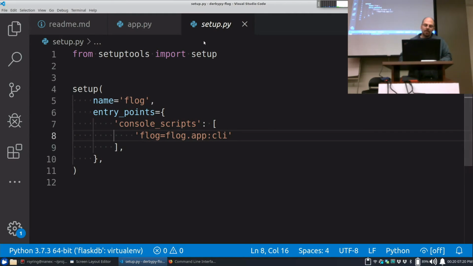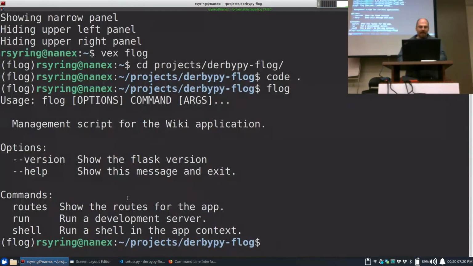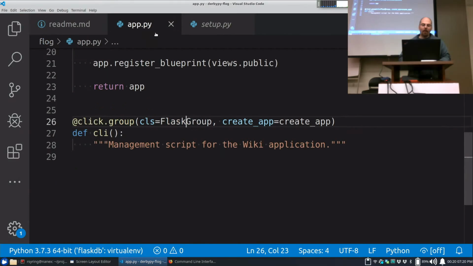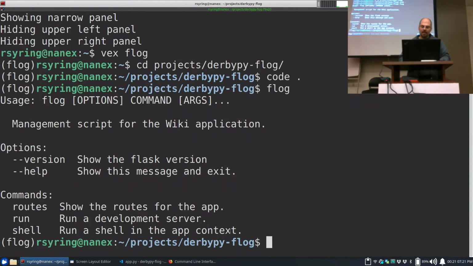Okay, so what's actually happening here? I called Flog earlier. So the Python setup tools installer has created a binary. That binary knows how to load the Python from the virtual environment that it was installed into, and then it is going to open my app file. It's going to import this callable, and it's going to run it. Well, that callable is decorated by the Flask group, and so it gets all kinds of functionality built into it. And so that's what gives me this really nice